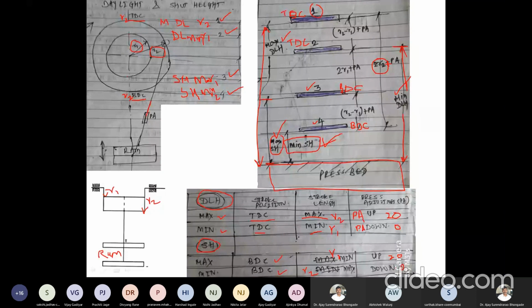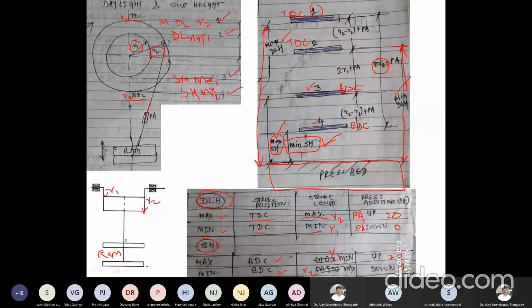So are there any questions related to this? We are just trying to summarize what the daylight is and what the shut height is, and the minimum and maximum values of the daylight as well as the shut height. Correct. So you must be able to calculate all these things depending on what has been given.